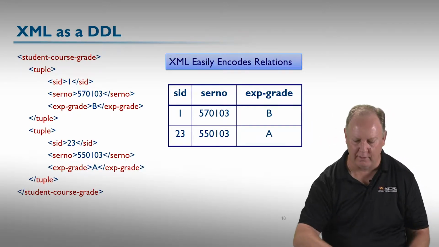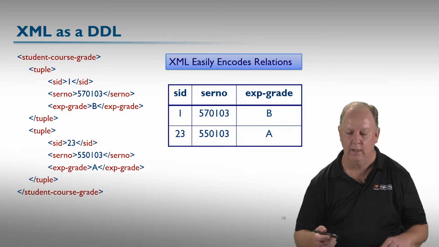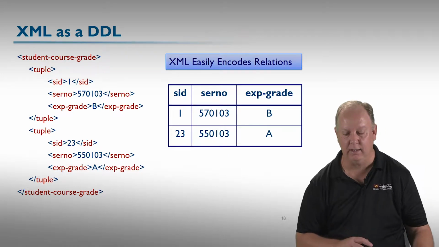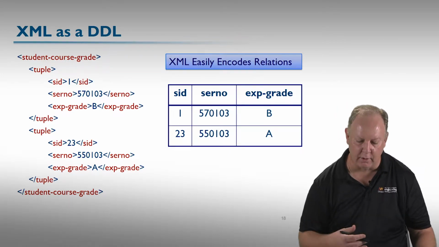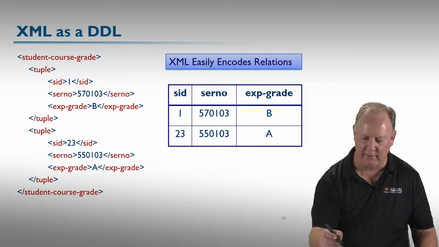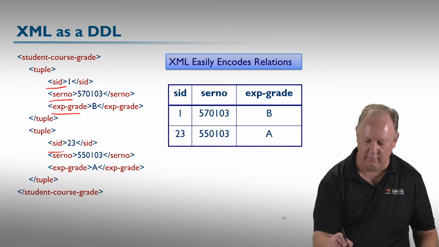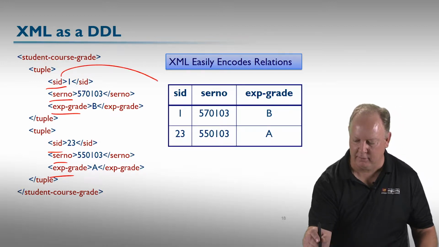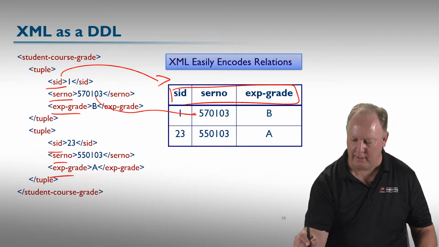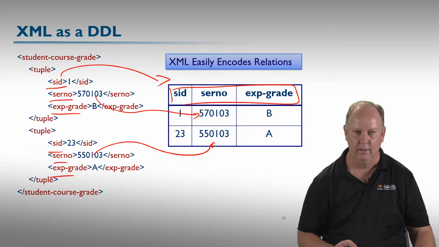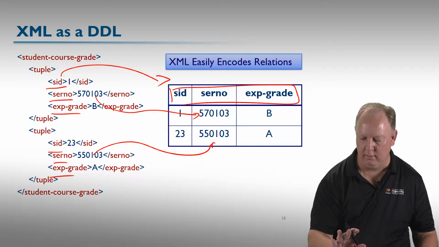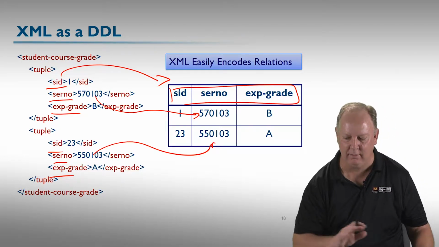So consider a well-formed XML document, a simple one here for student course grades, where I declare a couple of tuples, and those tuples have things like a student ID, their student ID number or serial number, and what the grade is. The implication is that by seeing this structure over and over with these elements, those common elements could map into a flat relational schema, and the content model, the values, go in their respective places easily. So I could take some XML documents and map them easily onto relations that way.